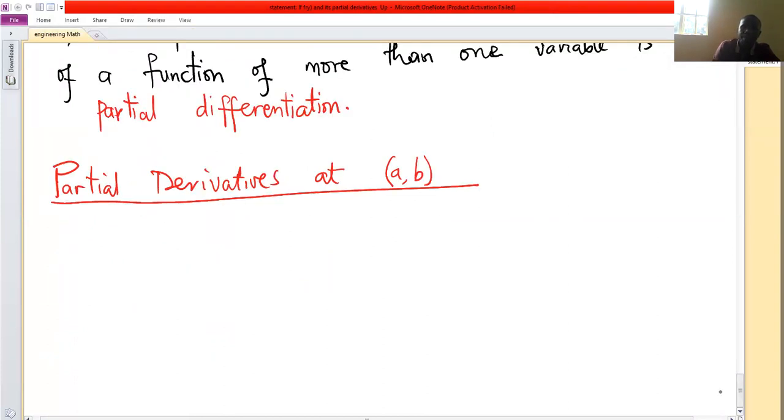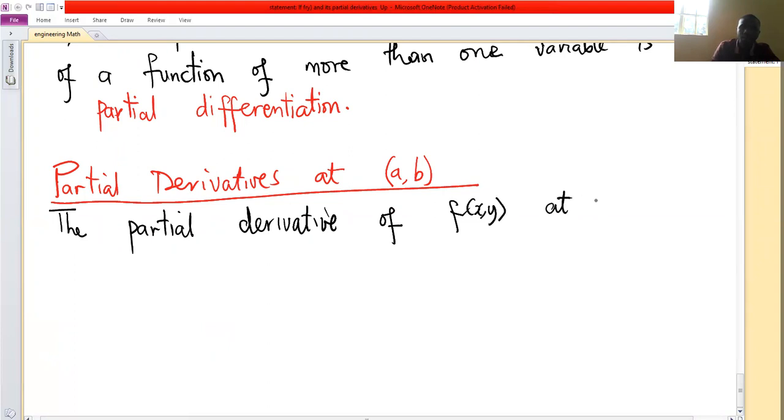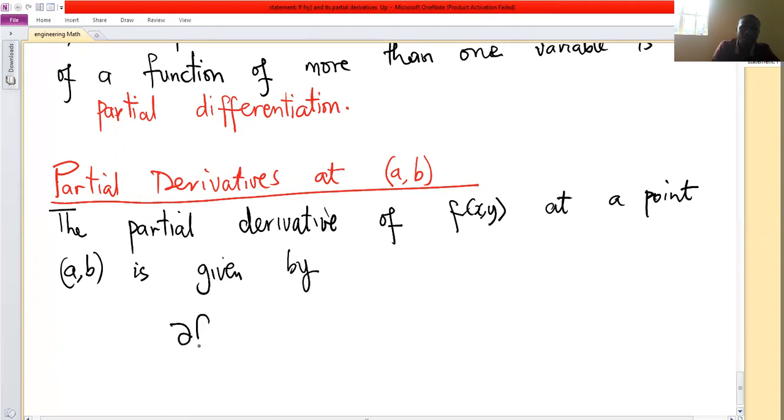We say that the partial derivative of a function f of x comma y with respect to x at a point (a, b) is given by partial f partial x